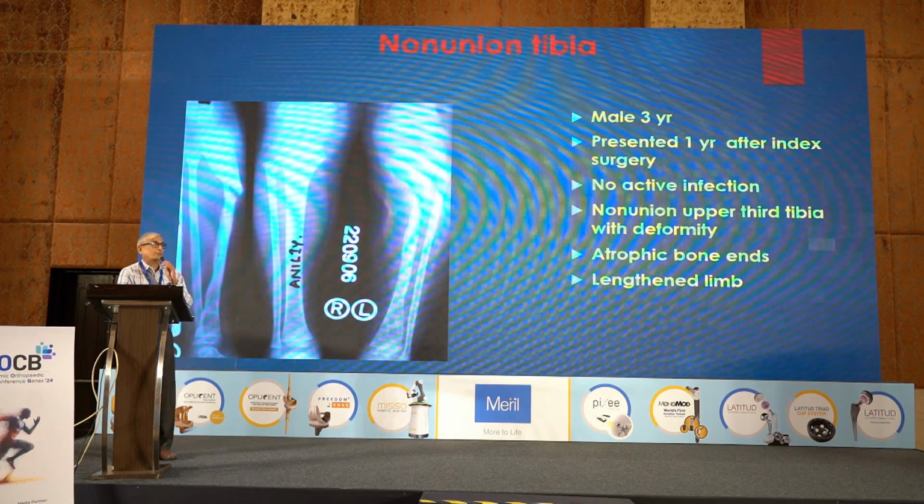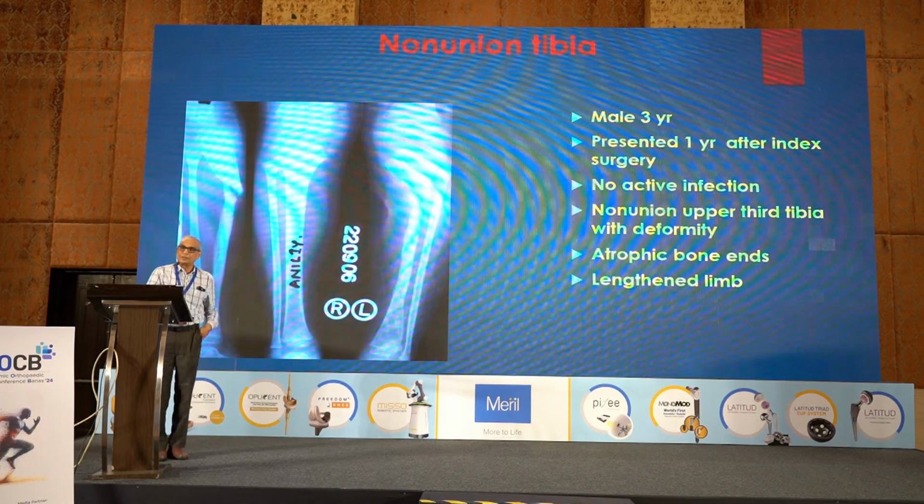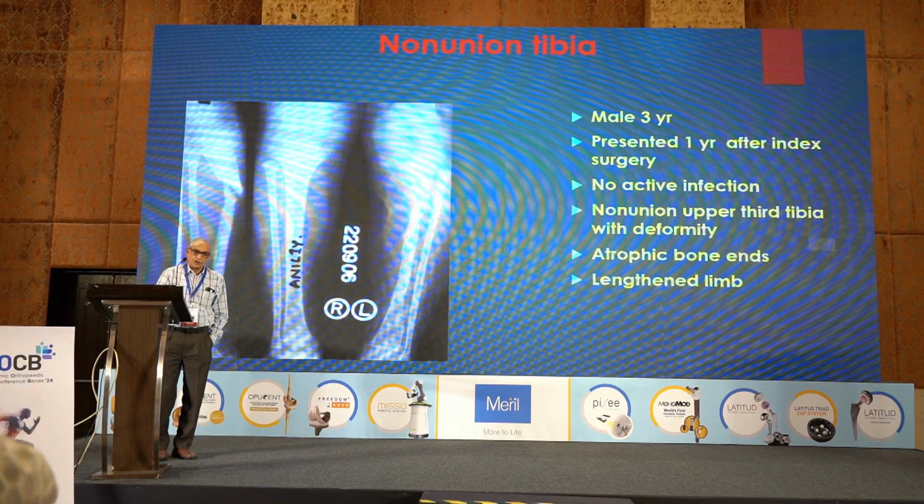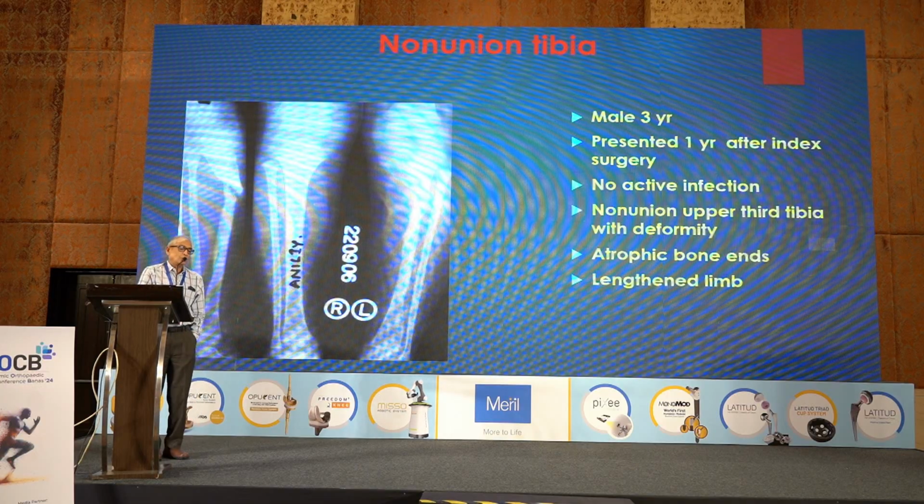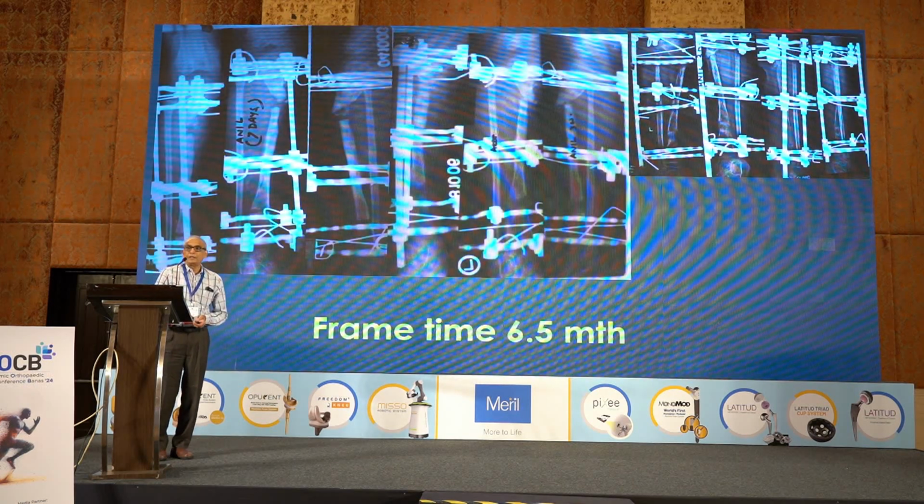Case 1 is a case of osteomyelitis of the tibia. It was a 3-year-old male patient who presented 1 year after his index surgery. He had no active infection. The non-union was in the upper 1/3 of the tibia, and the bone ends were atrophic. There was deformity also, and if you have noticed, compared to the normal limb, the limb was already lengthened. So we decided to treat this patient with an Ilizarov ring fixator, and these are his initial